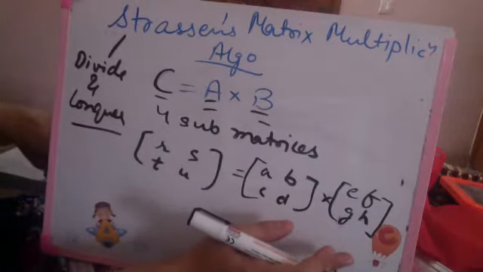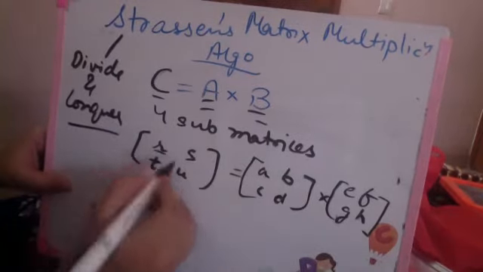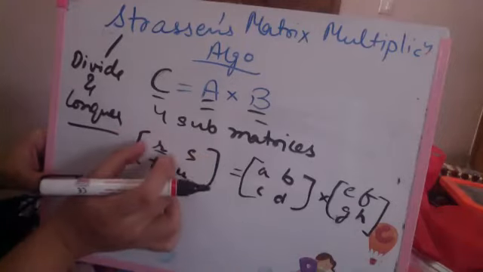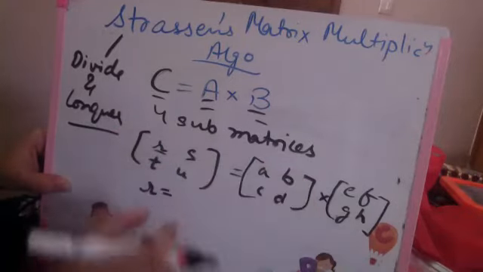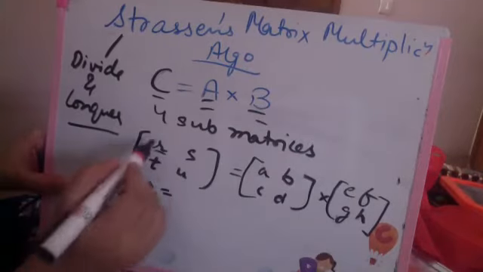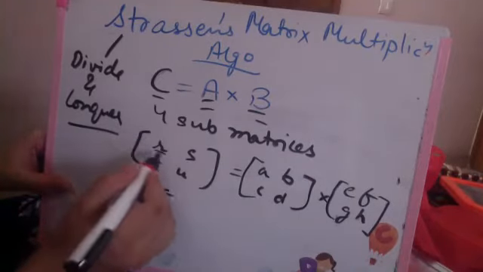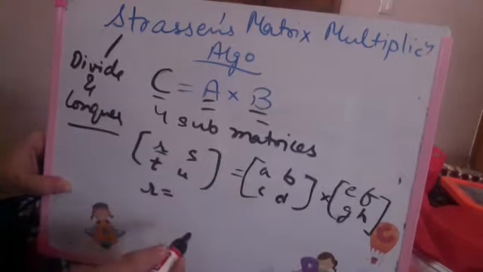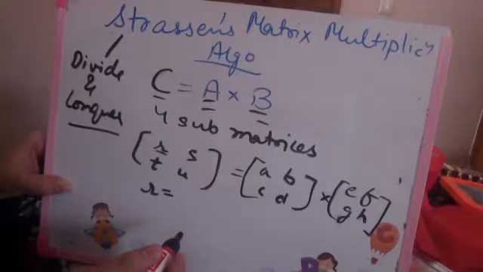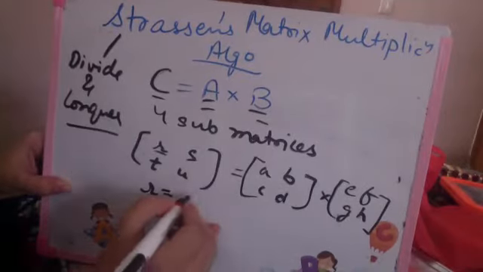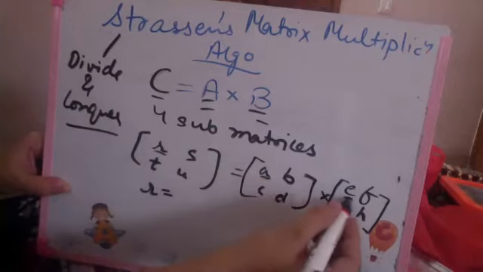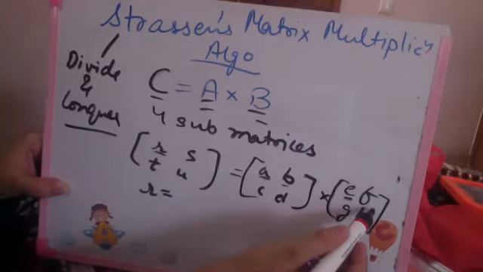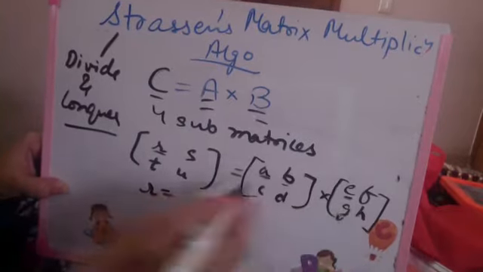So what is happening here is, if I now try to calculate what the R submatrix will be, you all know multiplication: R will be calculated as this multiplied by this, and the sum of that. If R is, say, element 0,0, then I will have row 0 multiplied by column 0 of the other matrix. This is how matrix multiplication goes. So R is A multiplied by E plus B multiplied by G. Right?